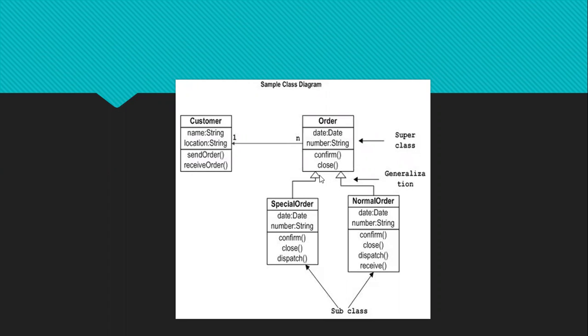What do we call this relation? Generalization, isn't it? This is the generalization relation, isn't it? So normal order is a part of order. Special order is a part of order. Isn't it? Is that right or not? Can you tell me?